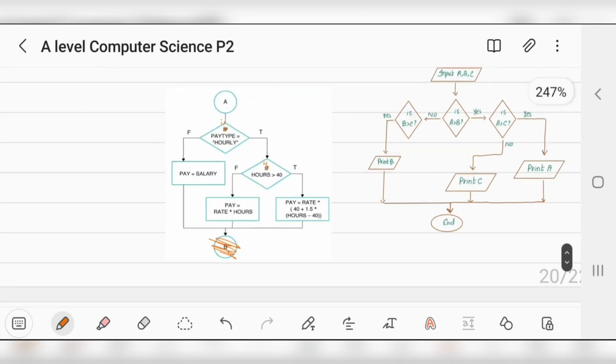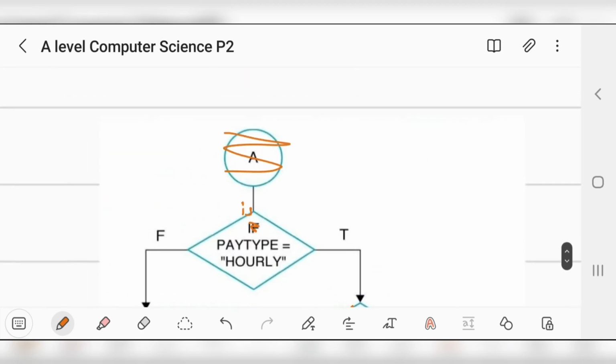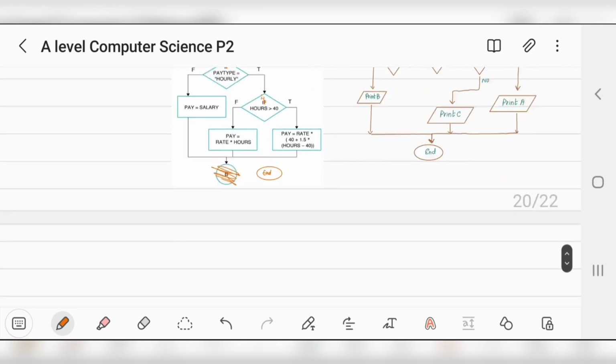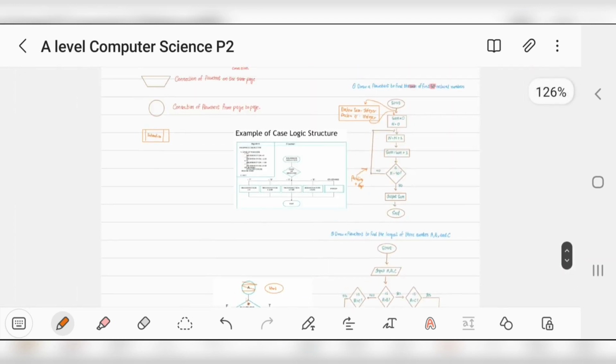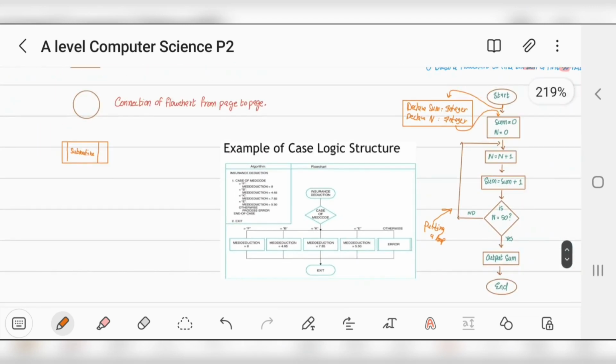Okay, you know what, just neglect this. Actually it will be like this. Start, end. Okay, so this is how you make a flowchart. There's not much of a difference between a pseudocode and a flowchart, and that's